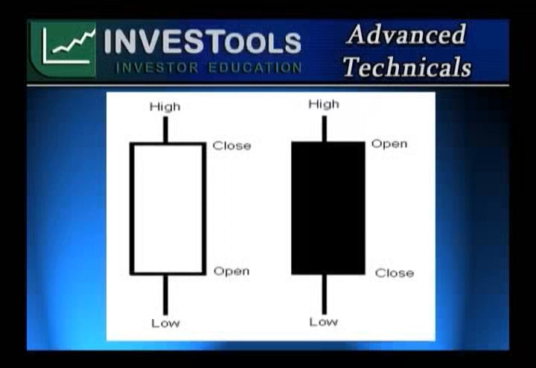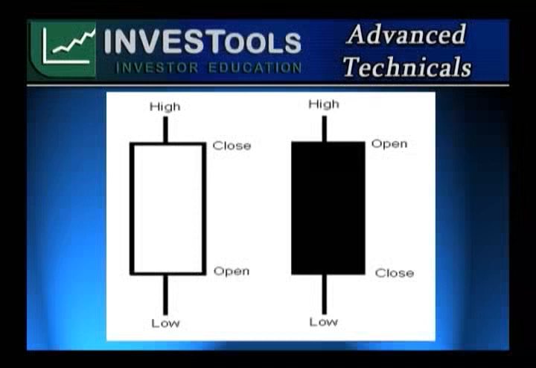The opening and closing prices are shown by the horizontal lines crossing the vertical line. The distance between the opening and closing prices forms a box called the body of the candlestick. The range of the prices above or below the body of the candlestick are represented by the vertical line, is